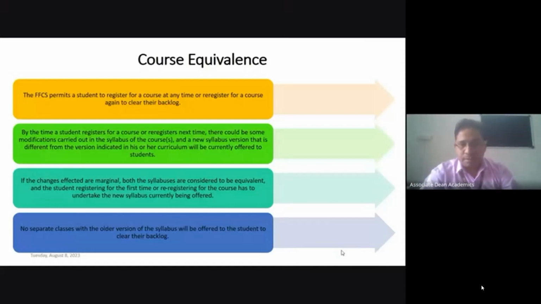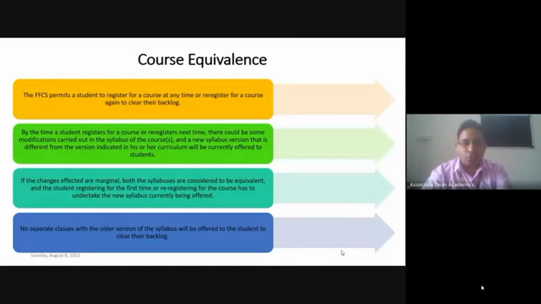What I'm telling here is, if you have a backlog in a particular course and that course content has been modified by 20% to 30%, or that course has been stopped and is no longer in existence, and some other course has been designed by the program chair or your school to offer in its place.